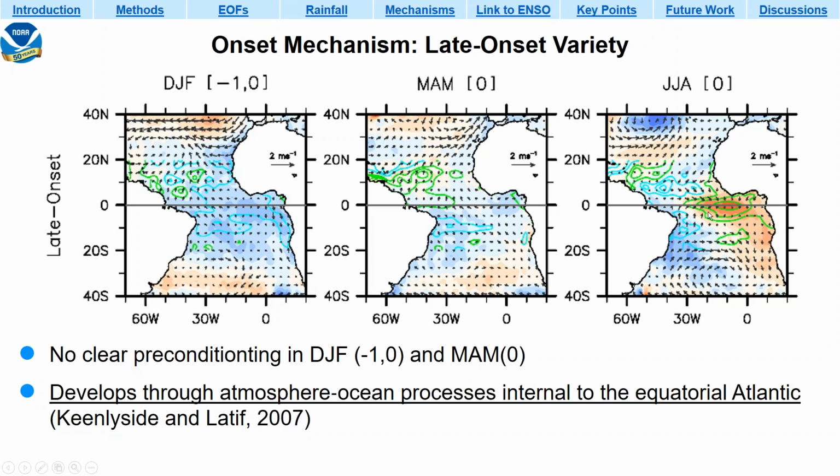So we think that this is a kind of self-sustained oscillation, pretty much similar to the canonical El Niño in the Pacific. And you can also see that there is a weak buildup of thermocline water in the western basin, and we think that this later propagates with the help of the